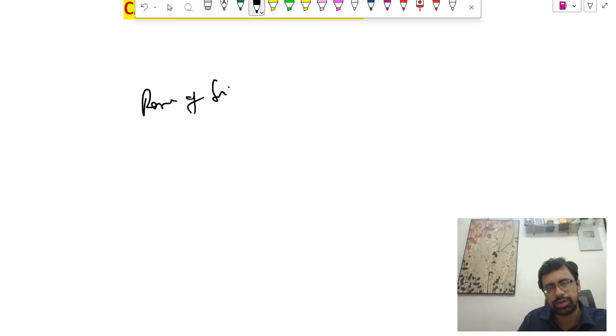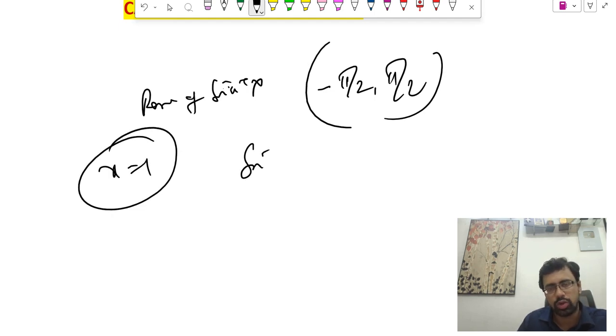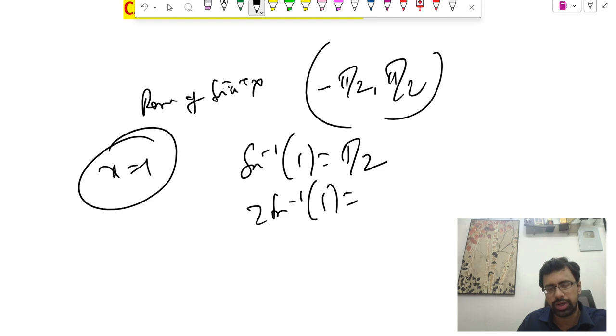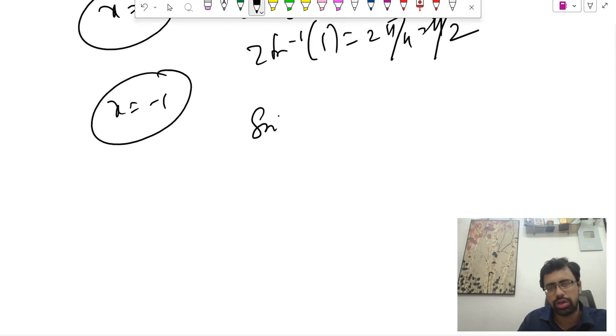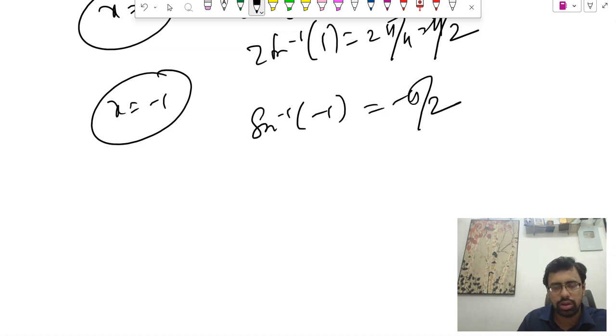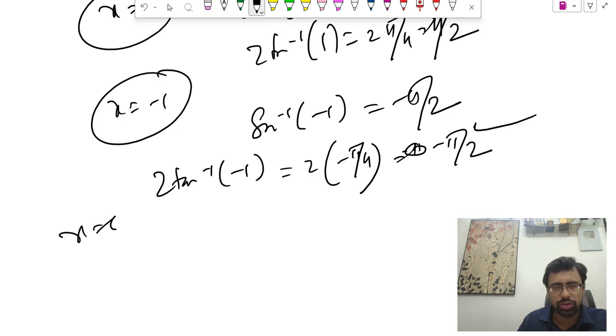रेंज ऑफ साइन इनवर्स x क्या है, ये है इसका रेंज। तो अगर x इक्वल टू 1 में इसे हम लोग चेक करेंगे तो साइन इनवर्स 1 क्या आ जाएगा, सो दिस इज सिंपली पाई बाई 2, सो 2 tan इनवर्स 1 भी आ जाएगा, 2 into पाई बाई 4, दैट इज पाई बाई 2, दैट वर्क्स। x इक्वल टू -1 के हिसाब से देखेंगे तो साइन इनवर्स -1 is minus pi by 2, so 2 tan inverse -1 is minus pi by 2, this also works, ठीक है।